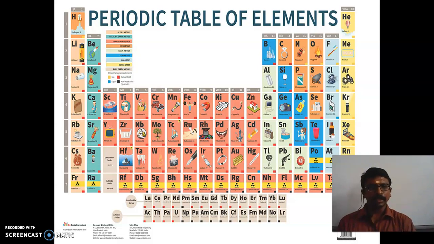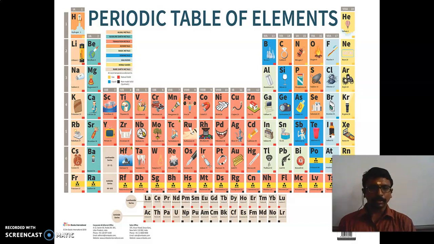So totally 118 elements are there. In the modern periodic table, totally how many elements are there, children? 118 elements. So who discovered the modern periodic table? Henry Moseley. In which order did he arrange the elements? According to atomic number. So we have to make these concepts thorough. And next,